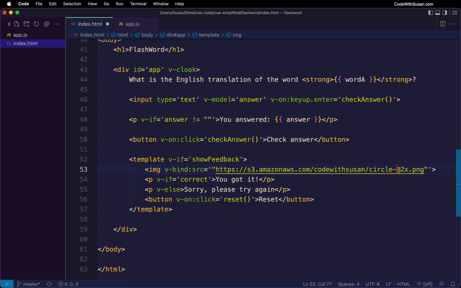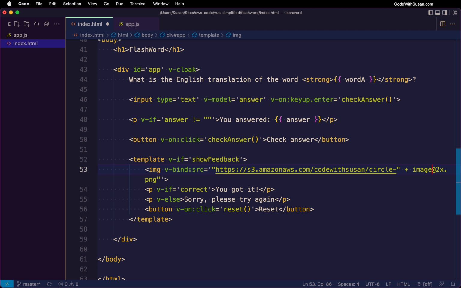And then what I'm going to do is concatenate in our image data property. So I'm going to stop the string with a quote, right? Because the string itself starts here with this double quote. So I'm going to stop it. Then I'll use our JavaScript concatenation character, the plus sign. Then I'll reference my image data property. And then to go back into the string, I'll use the plus sign again, and then begin the string again